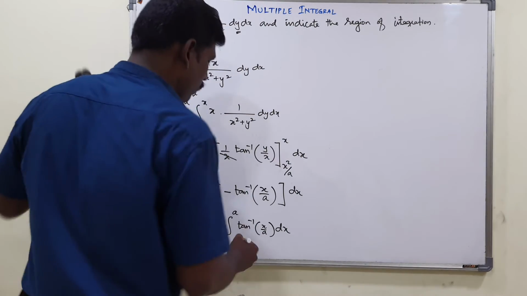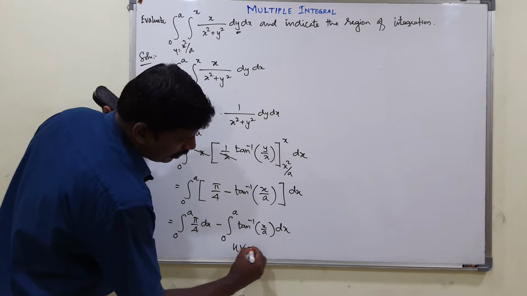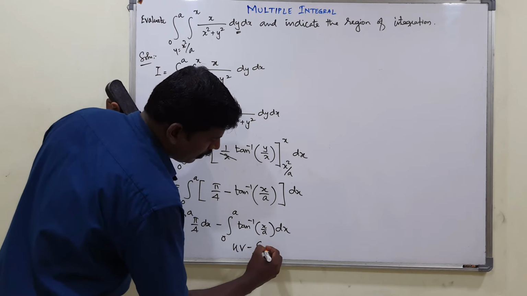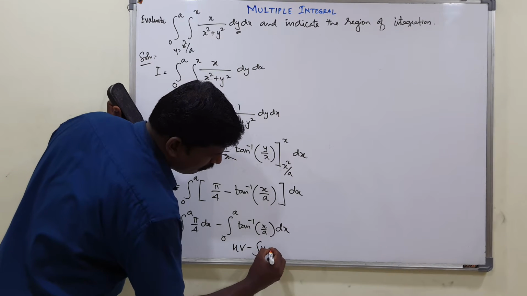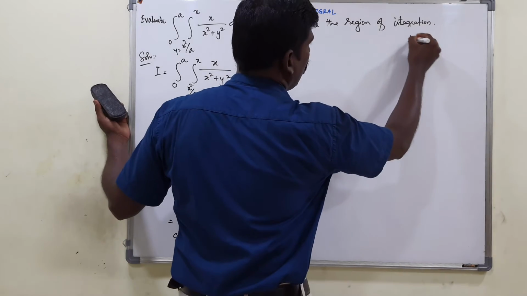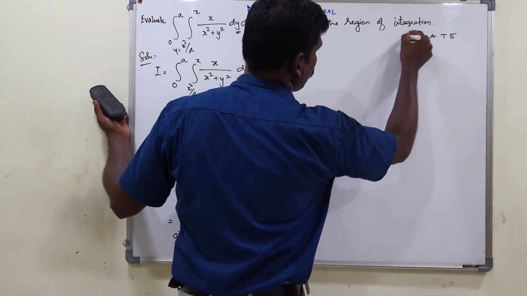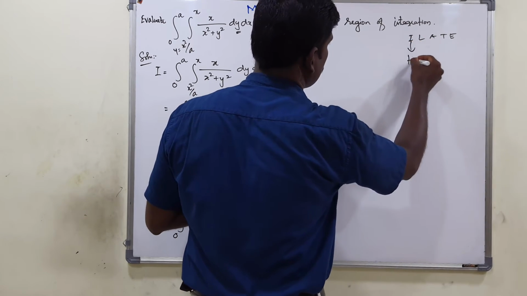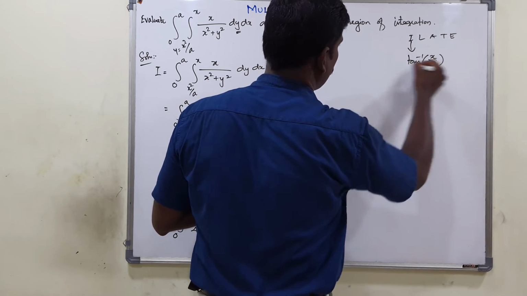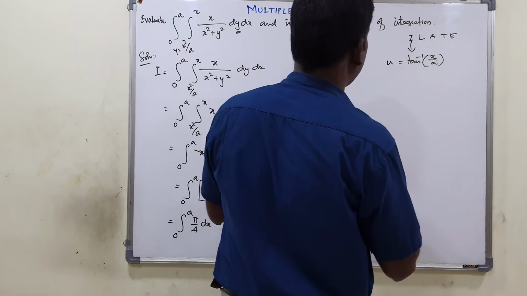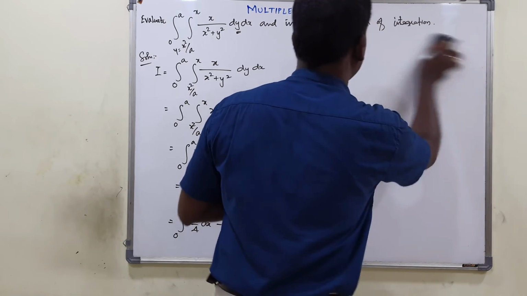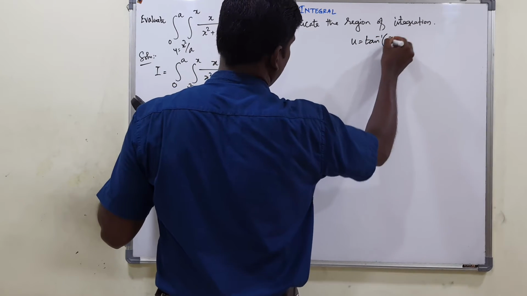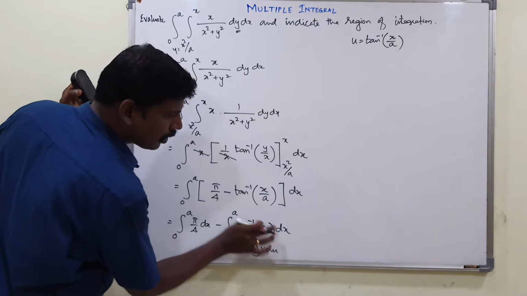Now we can solve this integral by integration by parts. Okay, uv minus integral v du. Here you have to take ILATE. Inverse functions, yes, inverse function is present here, isn't it? So take this inverse function as tan inverse of x by a. So this can be taken as u. So the remaining term can be taken as dv.